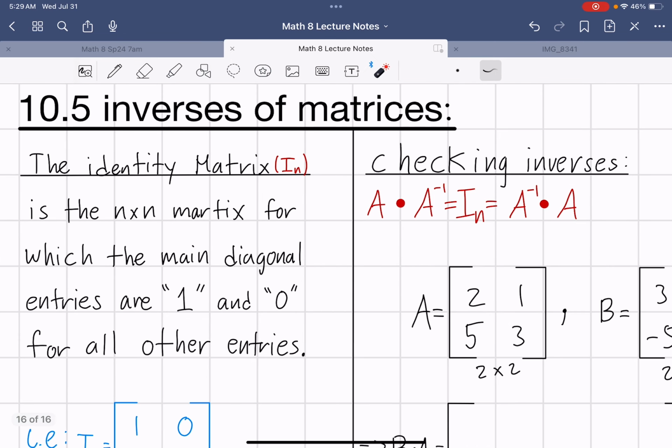But to understand what inverses are, you have to go back and think about how we were introduced to inverses. The idea of an inverse was that you're able to apply an operation to a value